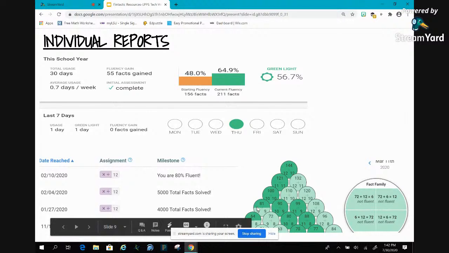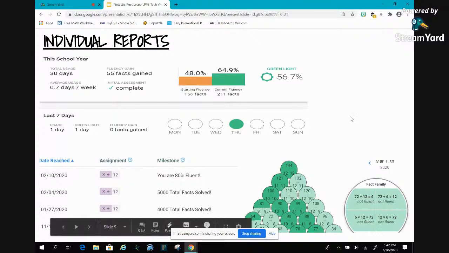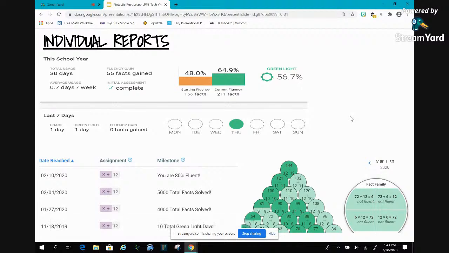And if you see it's half and half, then that means that they either have one part of the fact family and not the other. So they may have 9 times 9 is 81, but they might not remember that 81 divided by 9 is 9. So the half and half just means that they only have one part of the fact family right. So this is a really good report too if you're just looking at somebody specific, or if a parent asks which facts they need to work on, you can pull this up real quick, and it's just a quick view of what they're still working on.